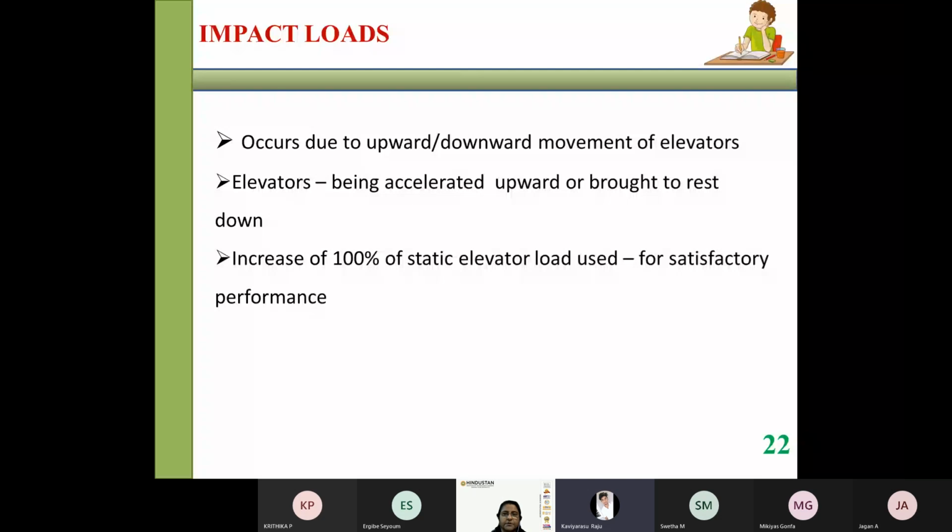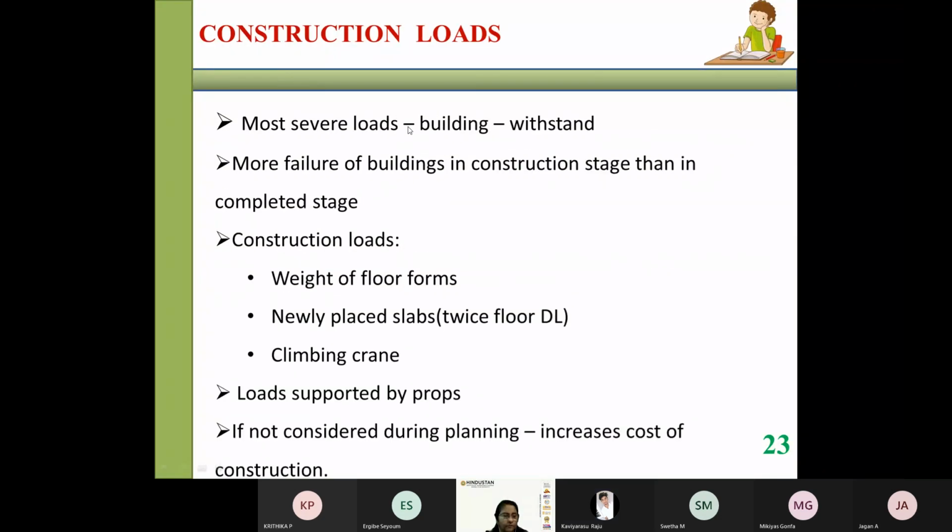Okay. Good. Now, the other important load that has to be considered is the construction load. Most of the time, when we do an analysis, we forget to include all these loads in the construction. That is why we often hear of structural failures in the newspaper and on TV channels: this building collapsed or this bridge collapsed during construction.